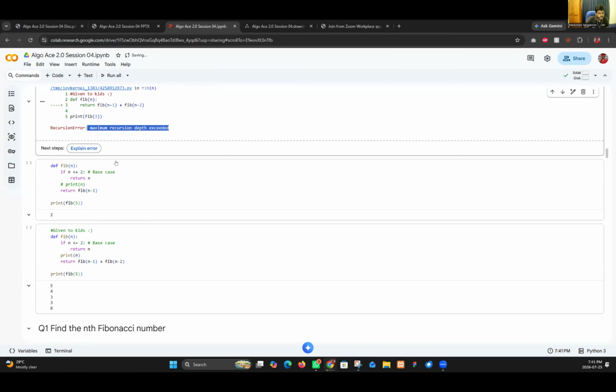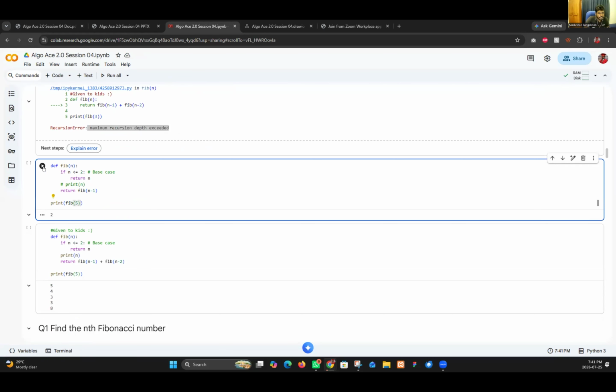Before going for the recursion, I think you are familiar, but I was saying in the previous one how you're going to print those. So let's print the first Fibonacci number. Definitely it prints 1. So how does this work?